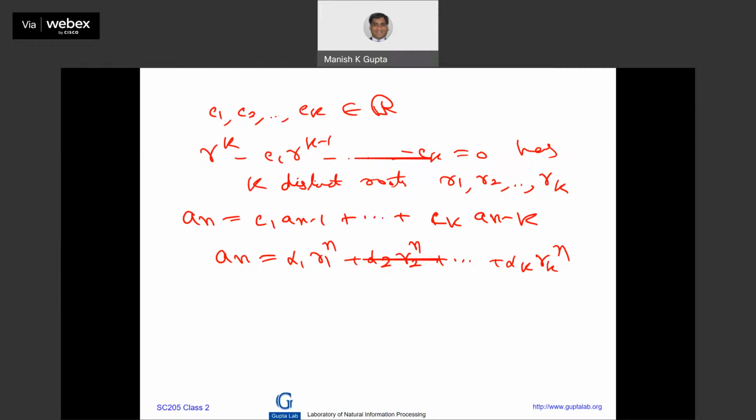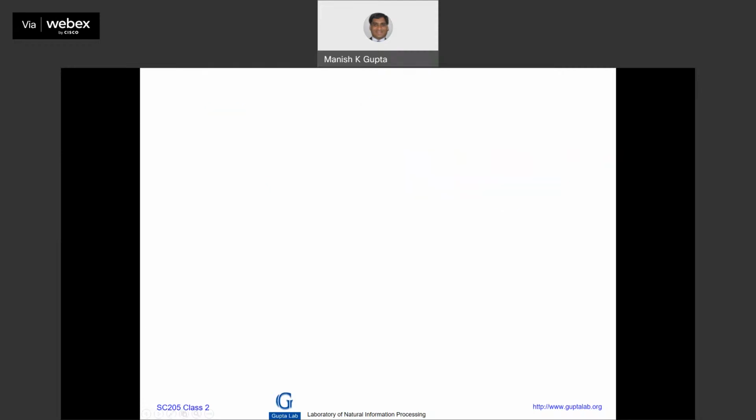So I think now I am going to write down a very general result, the multiple root theorem. There is no need to look at all the proofs at this moment, it's okay. C1, C2, ..., Ck are real numbers. Suppose the characteristic equation r^k minus C1 r^(k-1) minus ... minus Ck is equal to 0 has t distinct roots